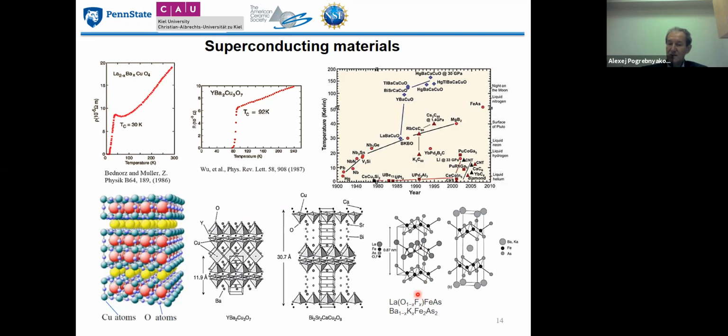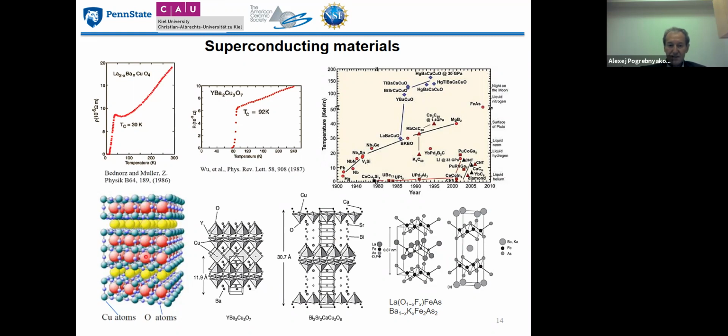That was considered a no-go in superconductivity research. Iron has ferromagnetic properties, and the magnetic field suppresses superconductivity. It was thought that no way would samples containing iron have an appreciable value of critical temperature. It turned out that was not right, and these materials have critical temperatures of about 55 degrees Kelvin.